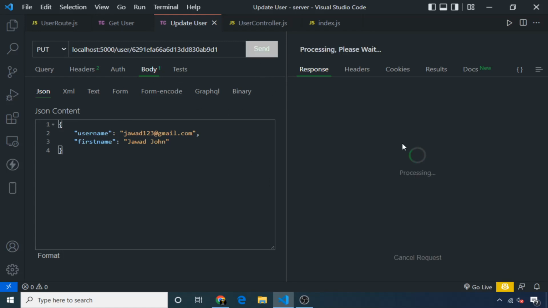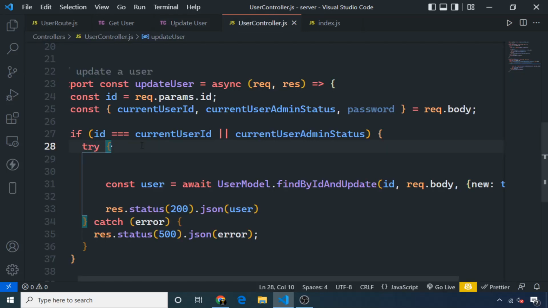So our request is not completing. When it takes such a long time during processing, it means our request is not correct. So I'm canceling the request, and let's see why. If I open the user controller,